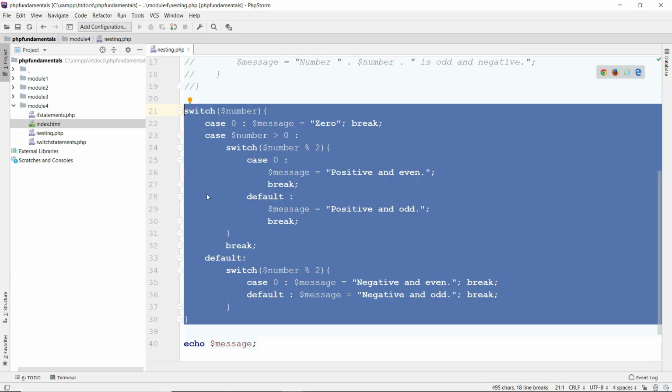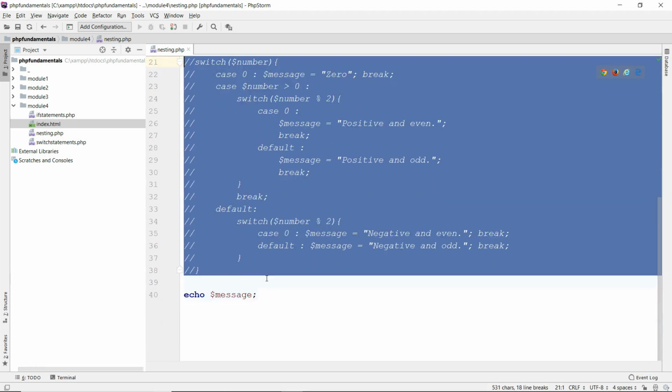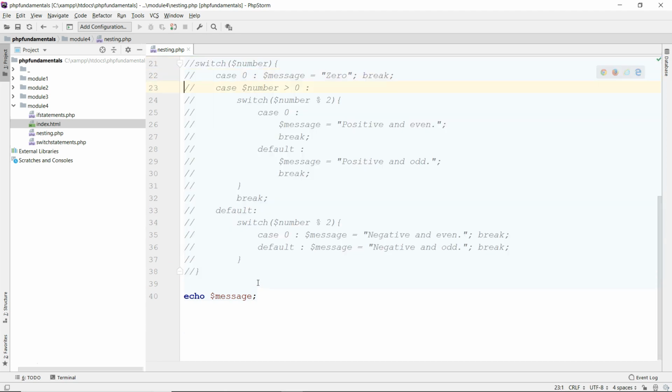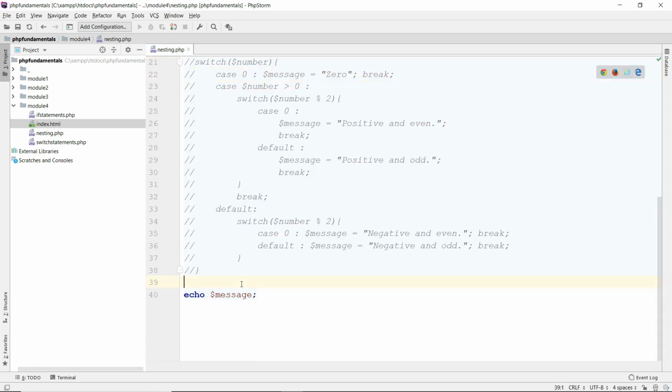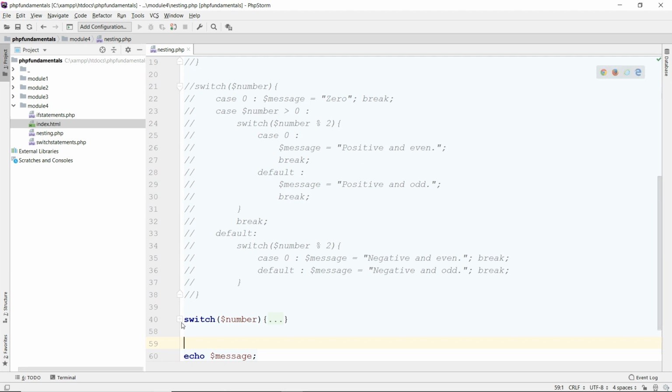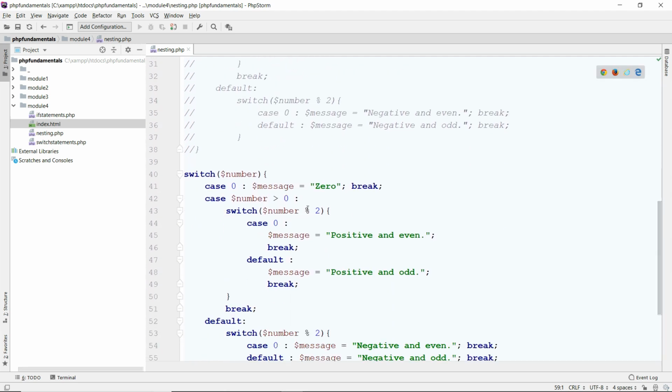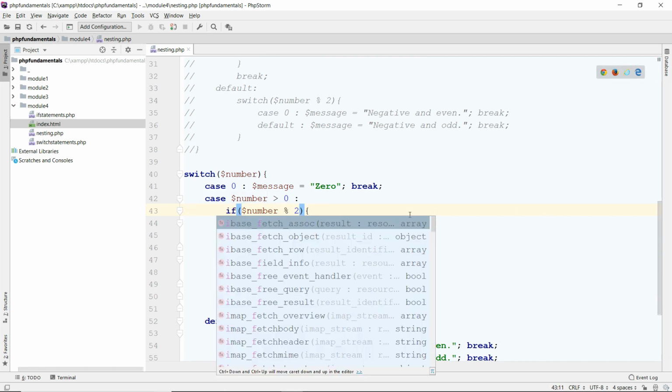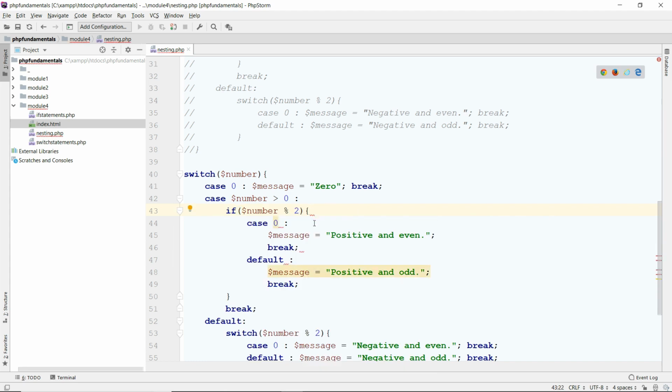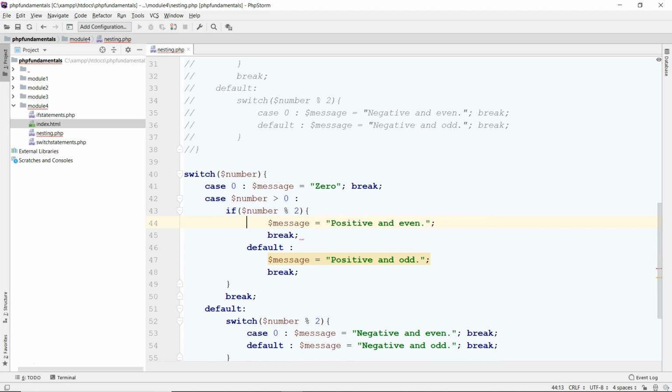here so it's not too confusing. So down here, I'll use the case down here. Okay, but when I check for the 0, this piece here, instead of using the switch, I can say if. Okay, if number divisible by 2, if that's the case, then not a case, but then the message is going to be that, and then this would be the else, right? So else